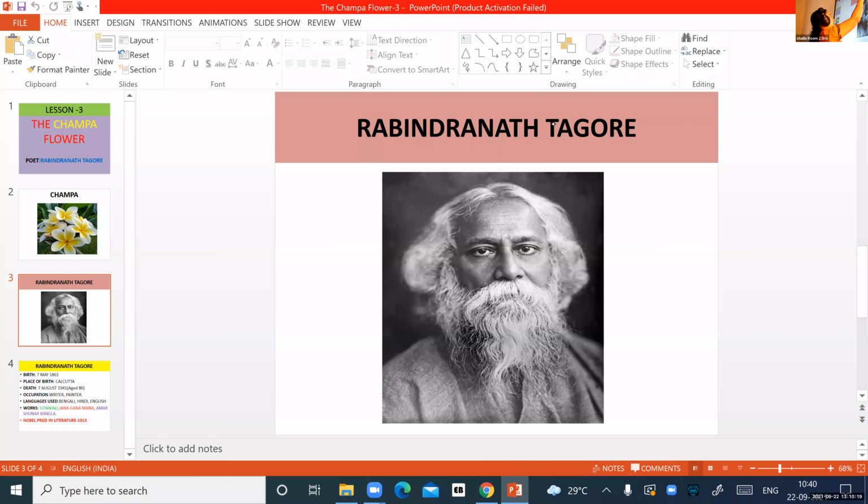These people are respected by giving a title to them for their contribution towards whichever field they have worked in. Similarly, Rabindranath Tagore also was awarded a title for his contribution towards literature. There is one word which is added to his name. Do you remember?